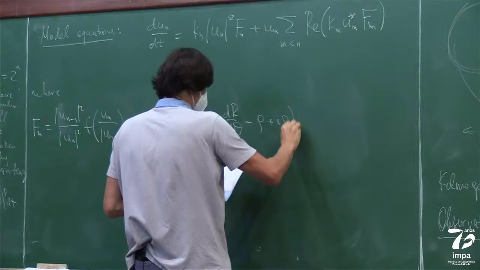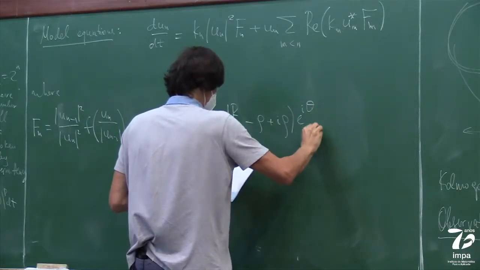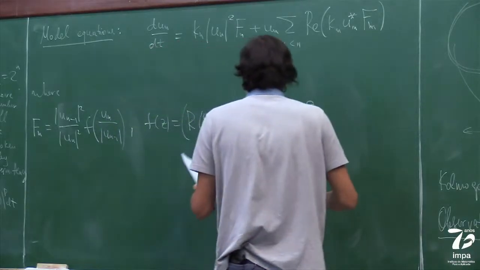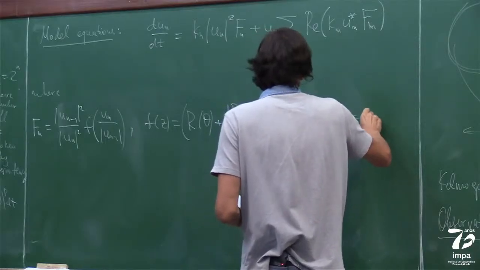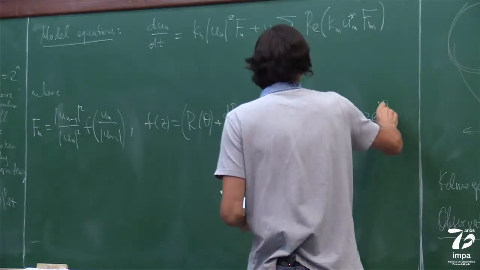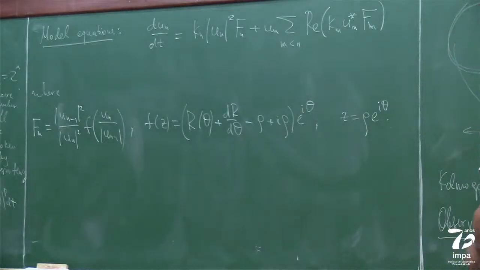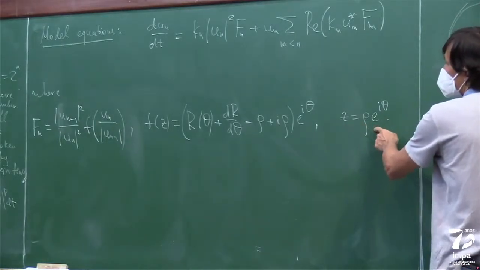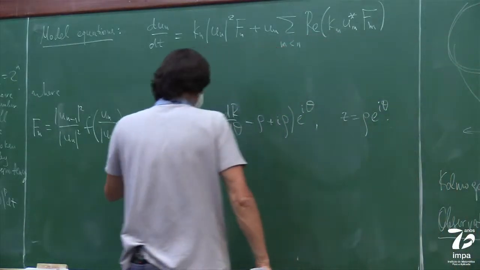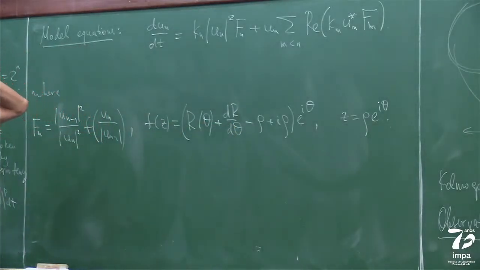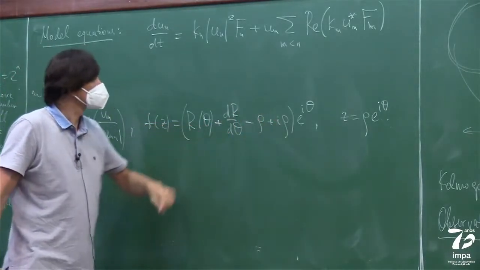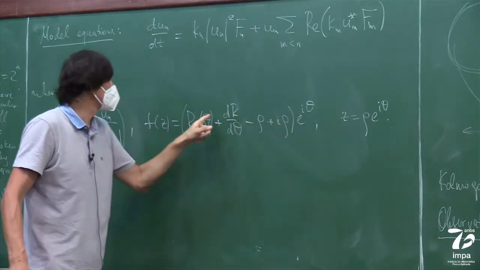Like this, which is just written in polar coordinates. So z is rho e^(i theta). This is a complex number written in polar coordinates, and this complex function is described through this modulus and phase, and R